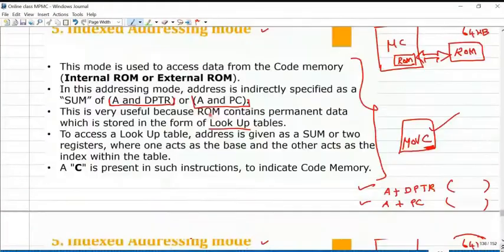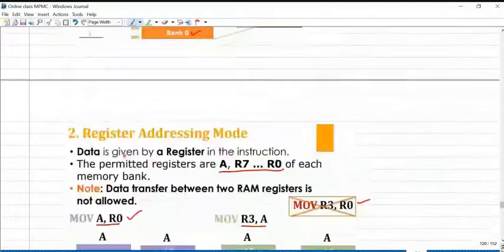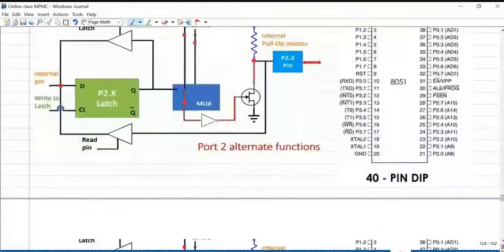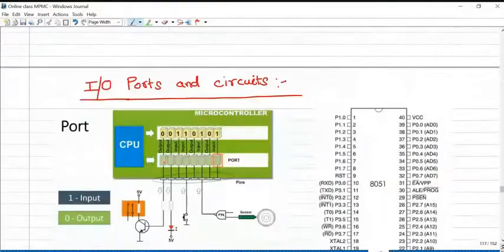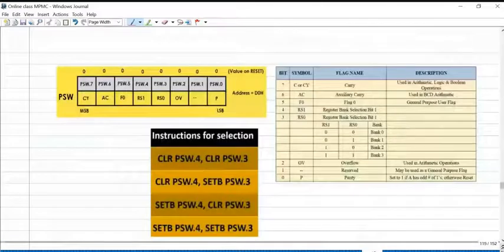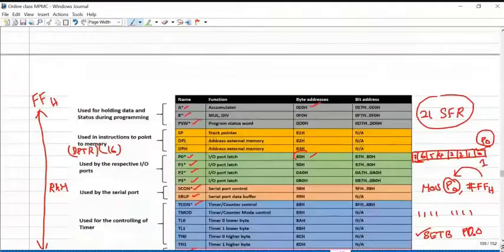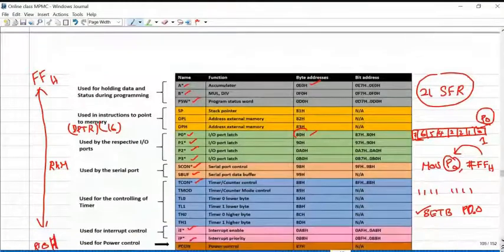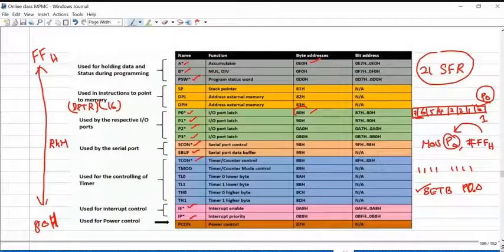So in the register organization of the 8051 microcontroller, some of the registers are bit addressable, some of the registers are byte addressable. These are the special function registers. Wherever the star symbol appears, these are bit addressable. Bit addressable means each and every individual location can be accessed.